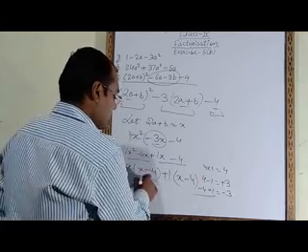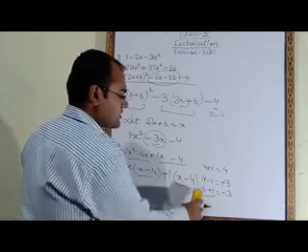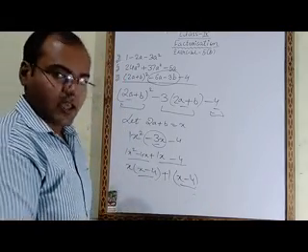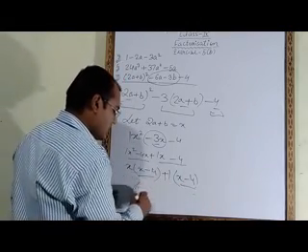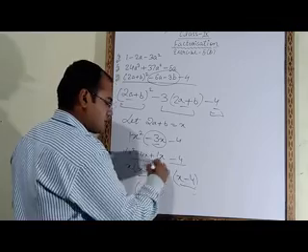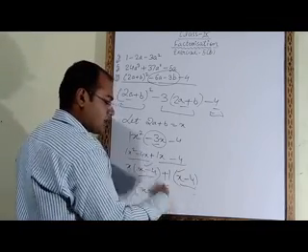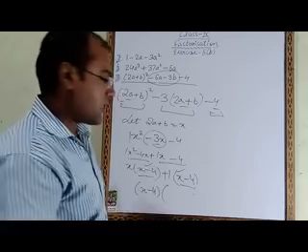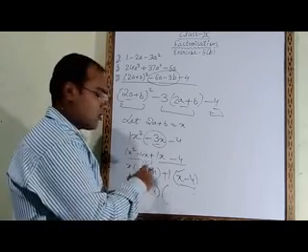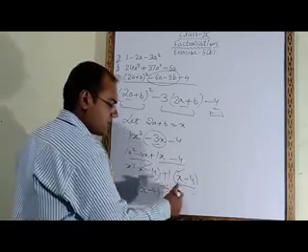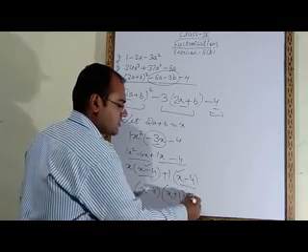Now you will observe that both the brackets are same. Here also in the bracket x minus 4, here also in the bracket x minus 4. Now we will take common. X minus 4 we will take outside, common we will take. Now in another bracket you have to write the remaining part. X minus 4 we have taken common, so what is remaining here? X. This x minus 4 we have taken common, what is remaining here? Plus 1. So this is your answer.